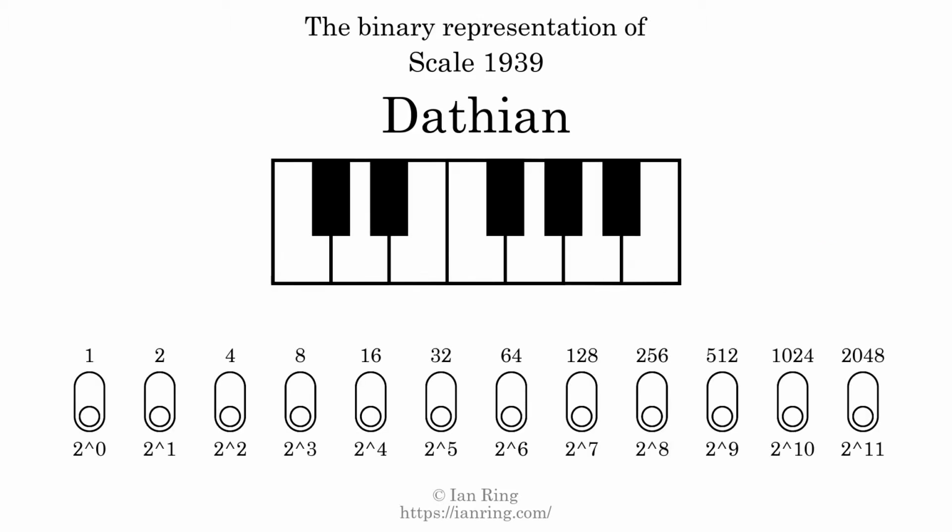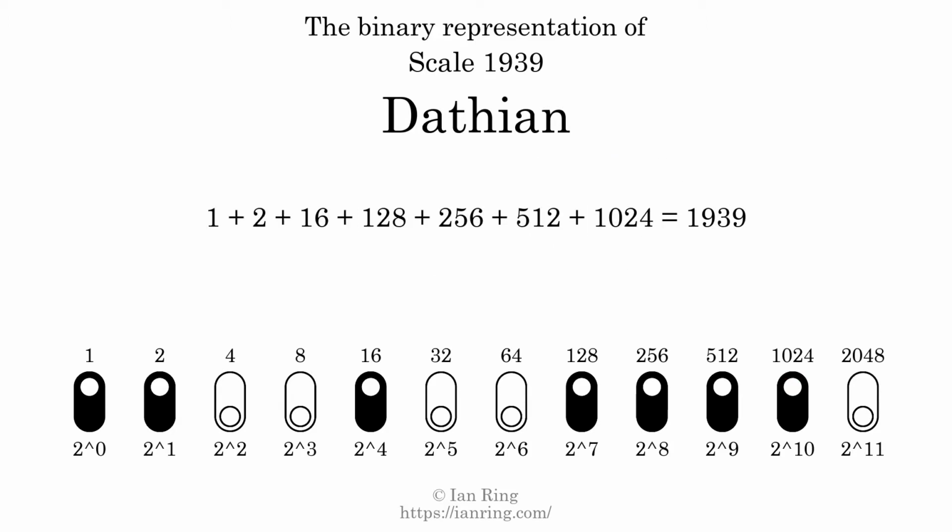The binary representation of this scale is determined by mapping tones of the scale to binary digits. Each binary digit represents a power of 2. To get the scale number, we add the powers of 2 together. The powers of 2 that are present in the scale, all added together, equals 1939. That is why the scale number, in decimal, is